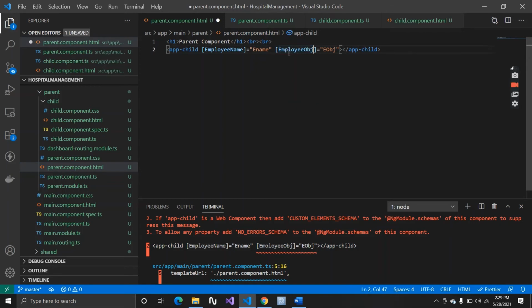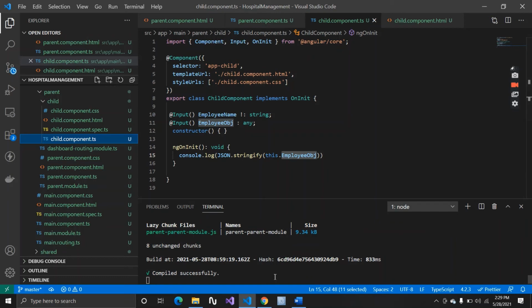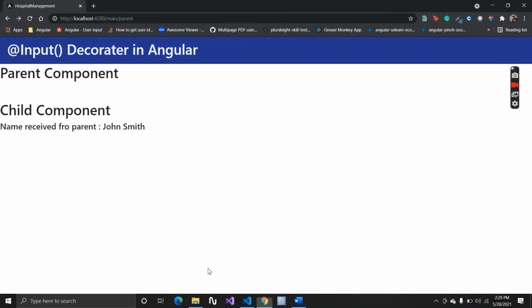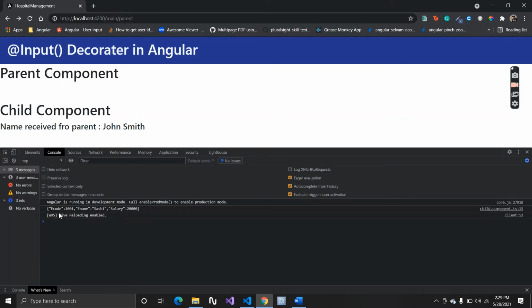The name should match, and that's the reason we are facing the error. The name here is incorrect. This name should match the input property which we have used here: employee. Now let's save. Compile successful, and let's console. See, we are receiving the data.